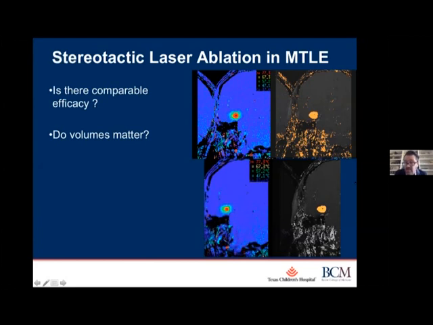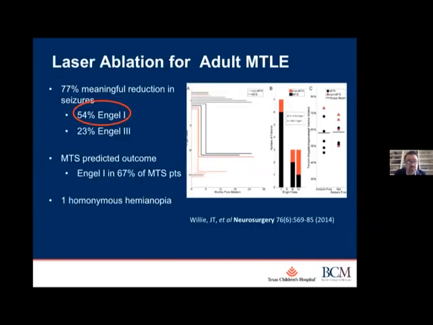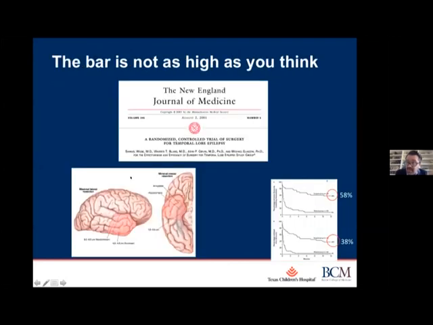Here's our experience in temporal lobes. It seems to be comparable to the adult world and the minimally invasive, or the open resection world. This in the adult world has been studied very carefully. This is Bob Gross's work. John Willie wrote this paper, and he found in his first series that he had a 54% Engel 1 classification score. And if he had MTS in that patient, ablating that mesial temporal lobe gets you up to 67%. And as a reminder, the gold standard for open resection mesial temporal lobe epilepsy is 53 or 54% compared to medical management. So we're in the ballpark for laser ablation,